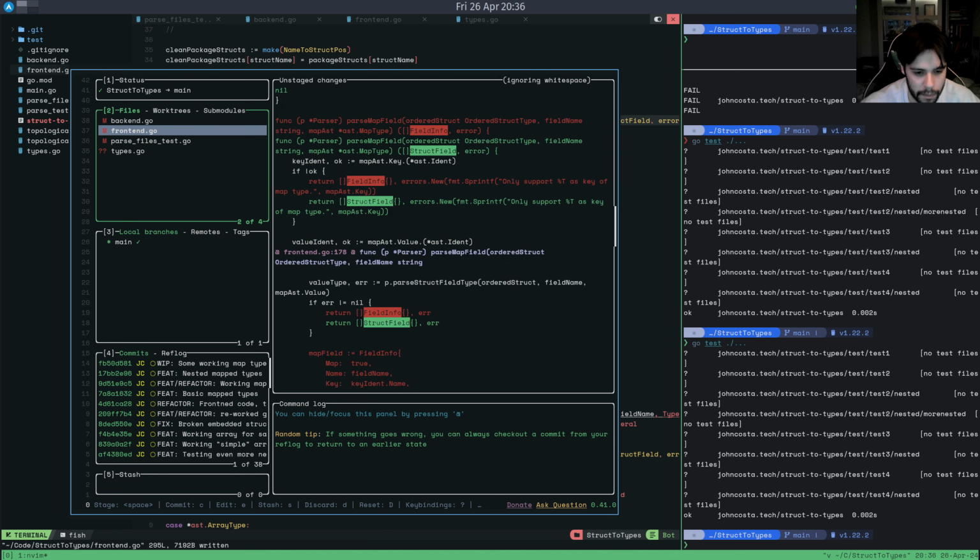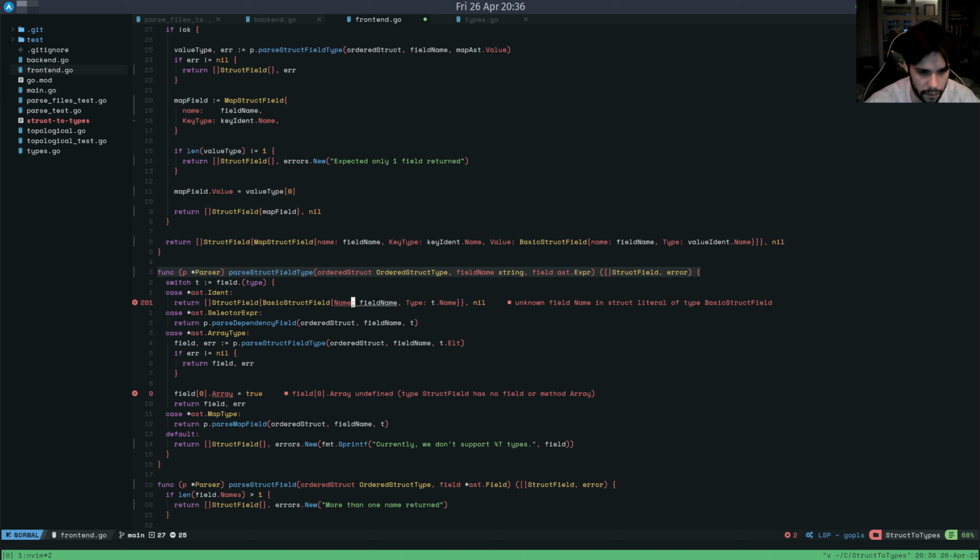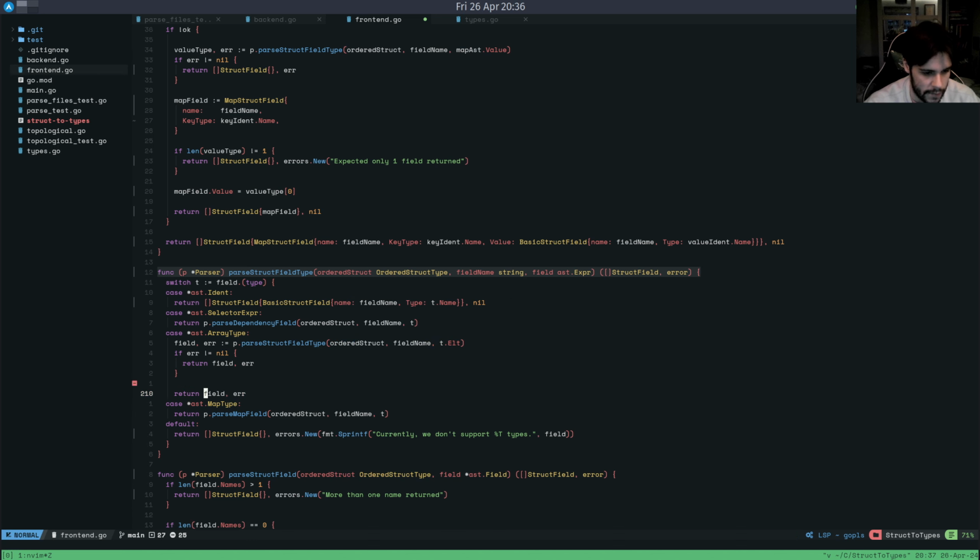Our value. Key type, not key value. Great. We'll keep it in line for now. I don't love it. This is gonna be basic struct field, lowercase n. You can go